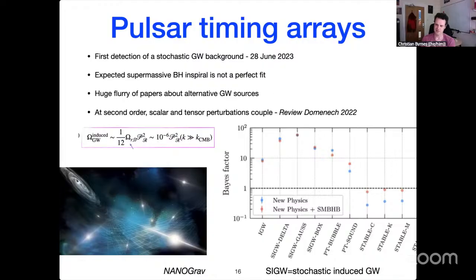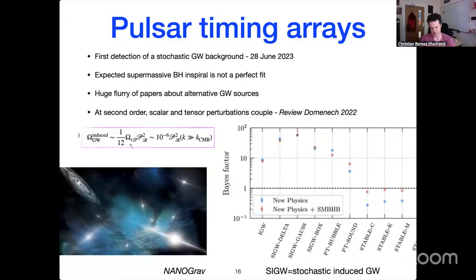What is that? Well, for those who've done just a first cosmology course, what you're probably taught, and this is not wrong in general, is that the scalar, the vector, and the tensor fluctuations decouple. That's true, but it's only true at first order in perturbation theory. So at first order, it's good. And yes, on the CMB scales, the perturbations are very small, so first order perturbation theory is certainly extremely accurate.